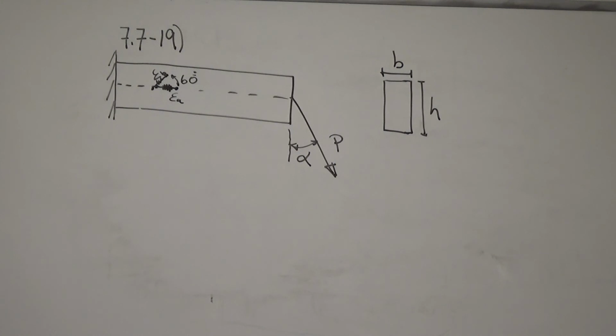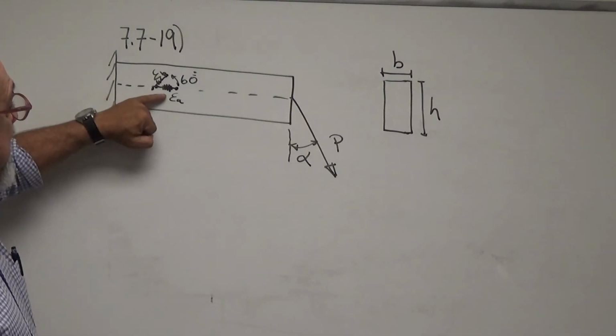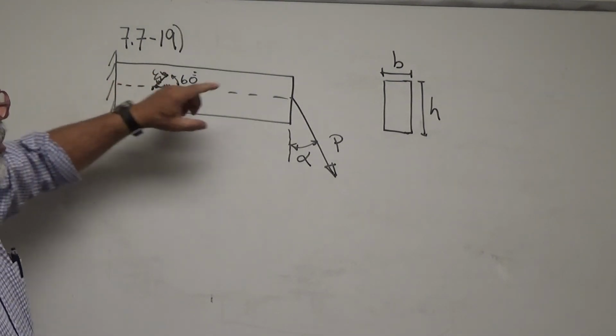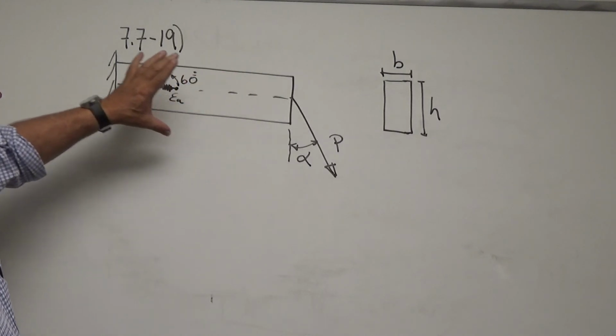Now, you don't need to be able to visualize the answer to start working, but let me say it again. I've measured the strain in A and the strain in B. I know the dimensions of the beam. I know the material that